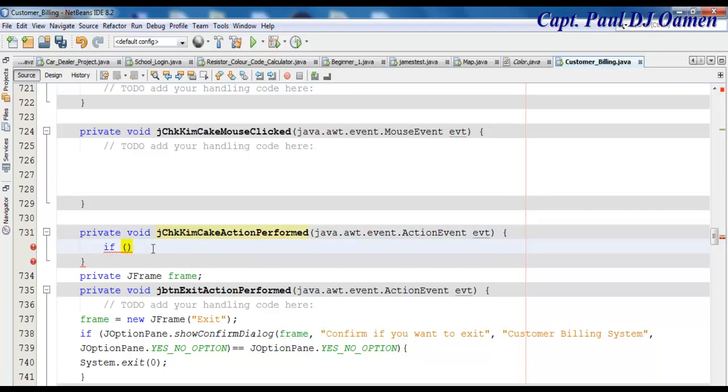that is the name of the checkbox, dot isSelected, enter parentheses there, and now enter curly braces here,